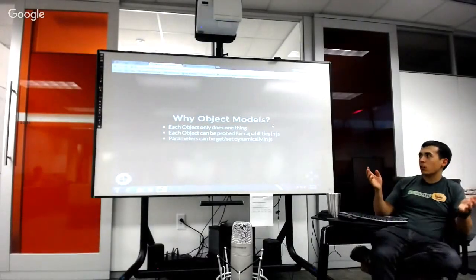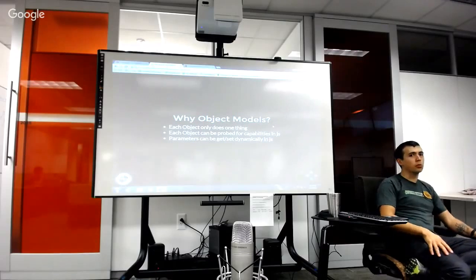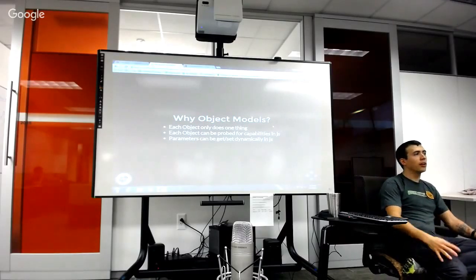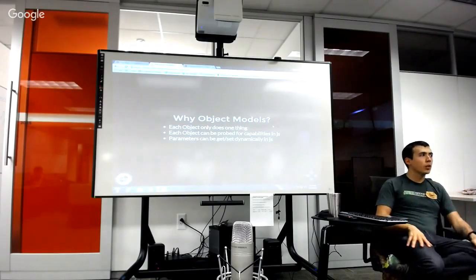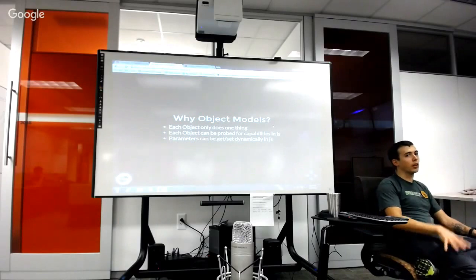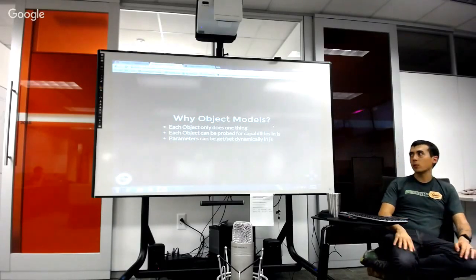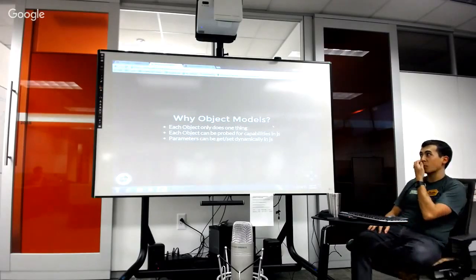So why the object model? Everything only does one thing. That's a great principle for software design in general: everything does one thing. You don't have monolithic functions or classes. Same kind of thing here. They don't want the monolithic API of the RTC peer connection. It does too much, and it doesn't give control to the developers. So having objects that do single things is the big goal.